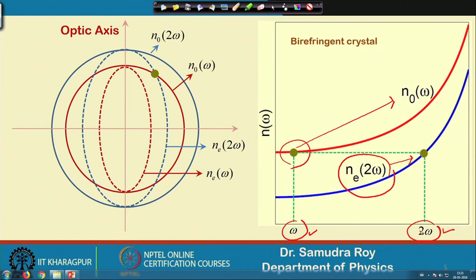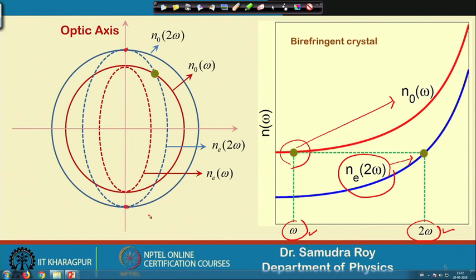This can be understood more clearly in this index figure. When I draw this index figure, this is the optic axis, and we know that in the direction of the optic axis, the refractive indices of the ordinary and extraordinary waves are the same. That is why they touch here and here. The ordinary refractive index will never change, and it is not a function of theta, so it gives us a circle. But the extraordinary wave changes with theta, so we have an elliptical structure, an ellipse in two dimensions.